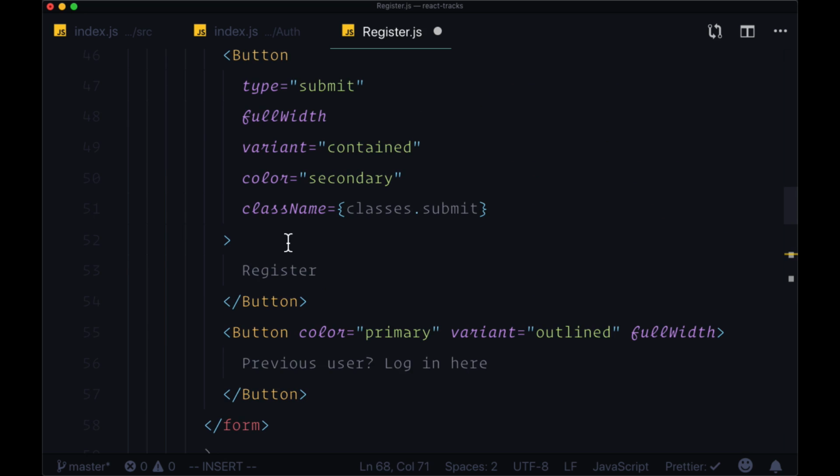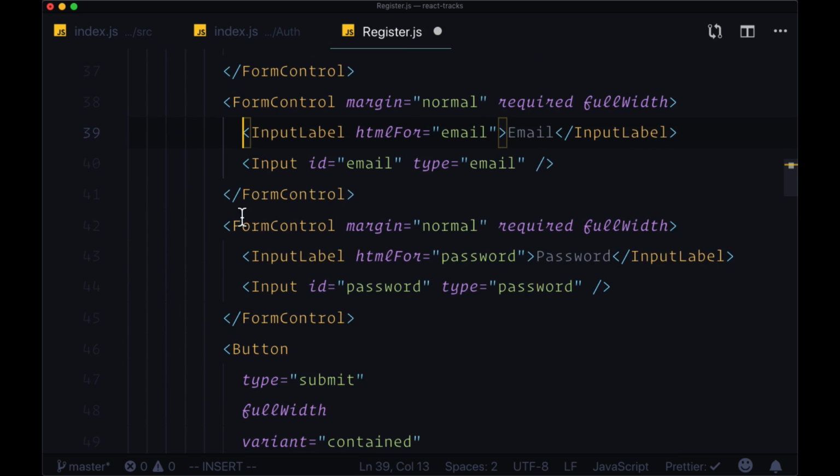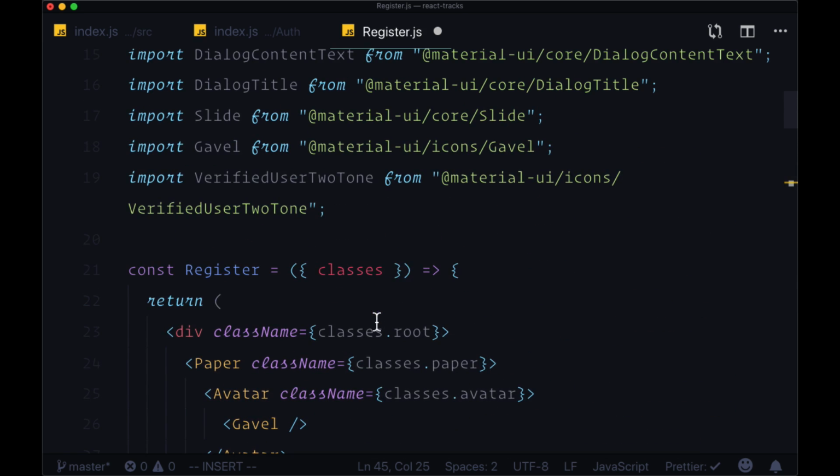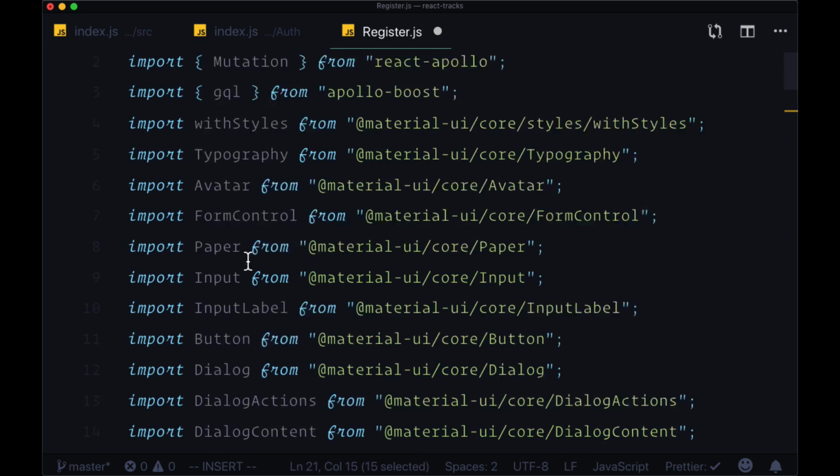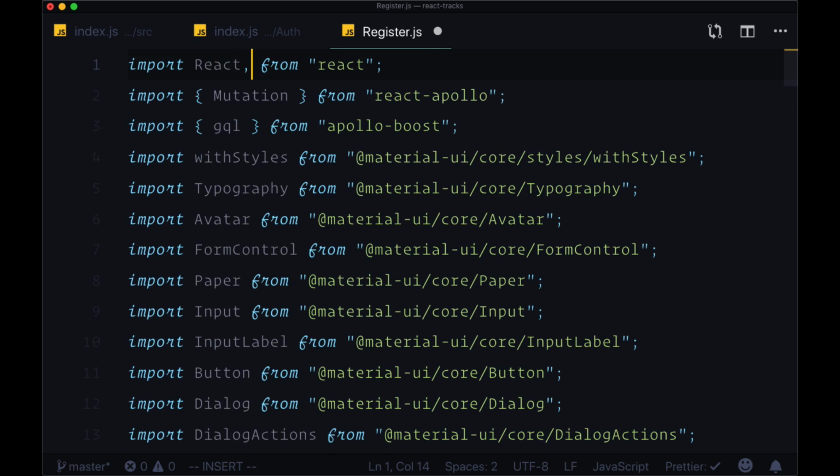So we'll get the text that a user's typed into a given input with the help of the onChange event, and then we're going to put the input's value in a separate piece of state which corresponds to the name of the input. So since we have a function component, in order to introduce state, we're going to use the special useState hook from React. So up at the top, where we're importing React, we can bring in useState,